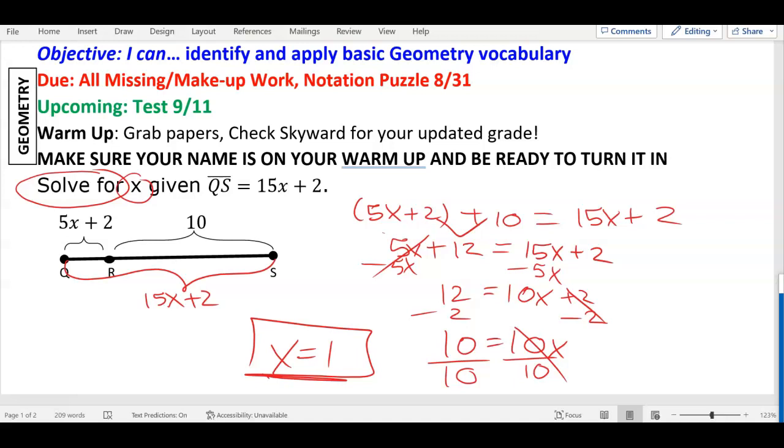If you were absent any day, write the word absent. Do not leave any blanks on your warm-up, otherwise you lose 20 points. Don't do that, okay? So again, if you're absent, write absent. Make sure your name's on it, and then pass them to the front. I'm going to pass out what you're doing today, which is like a crossword, word search. We're not doing